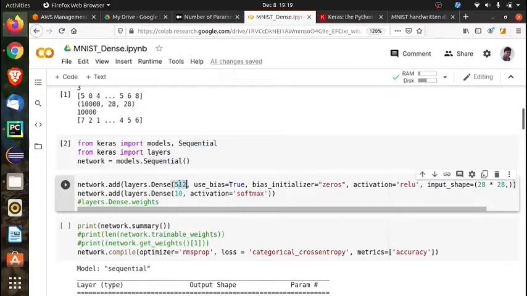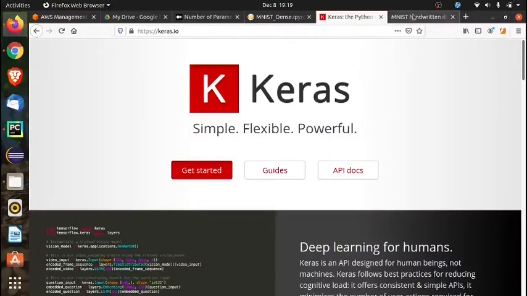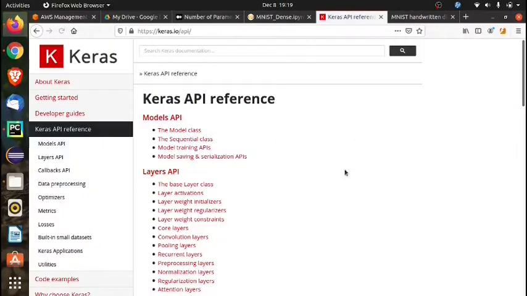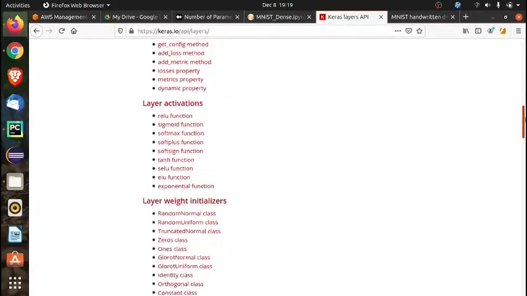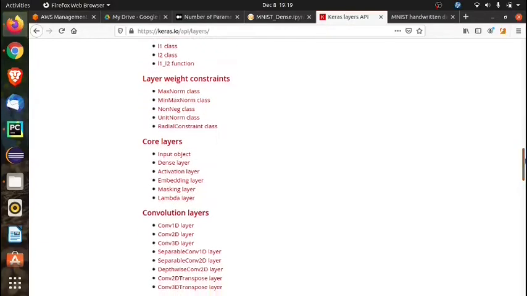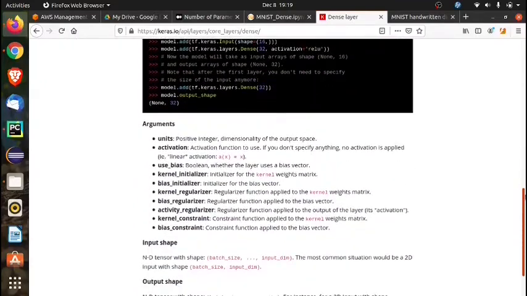And here you can see the digits 10 and 512. These define the output representations. You just see what exactly this is: this is a dense layer, a core layer. First is the units which we are using.